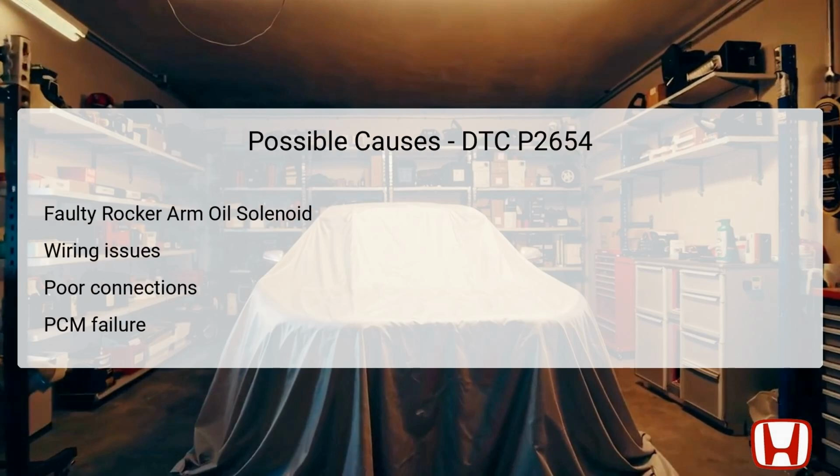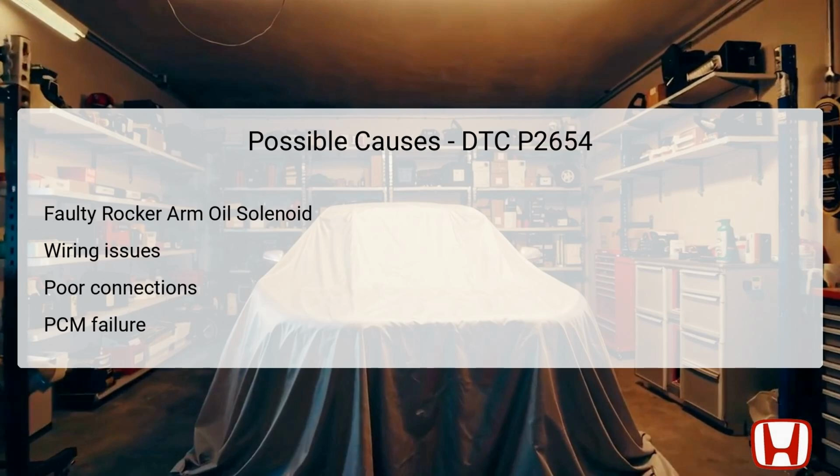Several potential causes can lead to the appearance of DTC P2654. The primary suspect is often a faulty rocker arm oil control solenoid, B, itself, which may have developed internal shorts or malfunctioned. Additionally, wiring issues may arise, including frayed, damaged, or corroded wires that disrupt the electrical current and lead